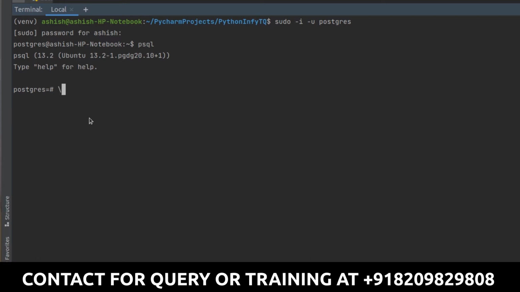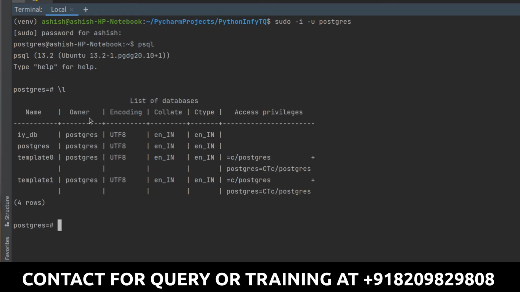For that we have a very simple command, and that command is \l, which will give you the list of all the databases available. You can see these are the names of the databases you have right now: IYDB, Postgres, template0, template1. These are the databases which already exist in your Postgres database. This is the way you can get the list of databases.